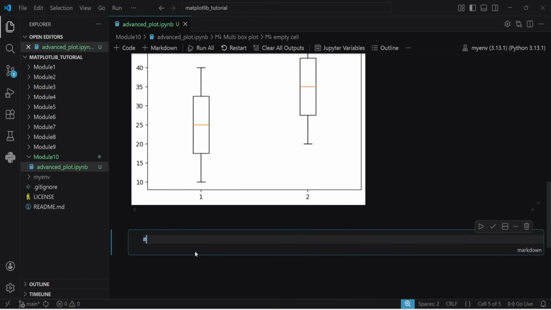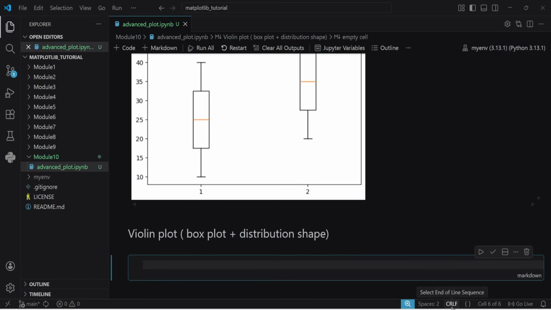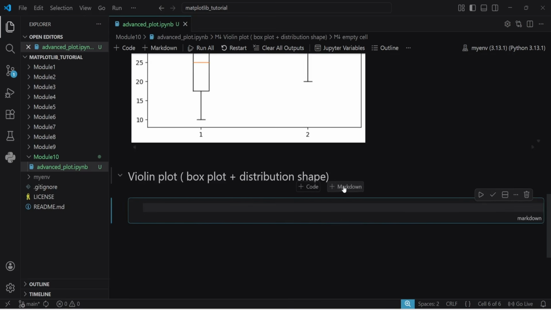Next, we have the violin plot. Basically, a violin plot is a box plot plus distribution shape. It shows the median, spread, density of the shape, everything. Okay, so for example,